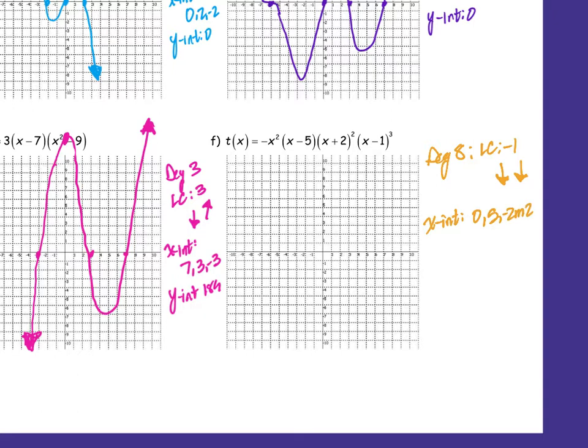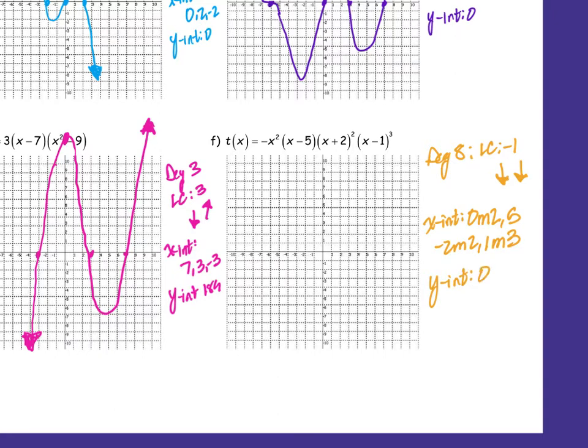Oh, sorry. I need to rewrite this. 0 with a multiplicity of 2. 5, -2 with a multiplicity of 2. And 1 with a multiplicity of 3. And then my y-intercept